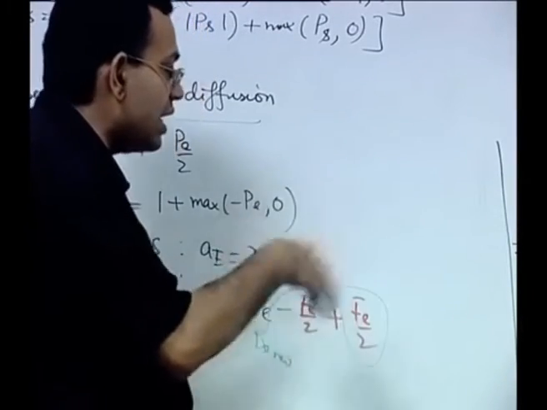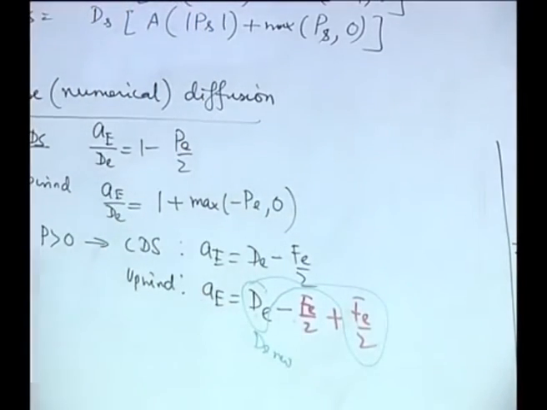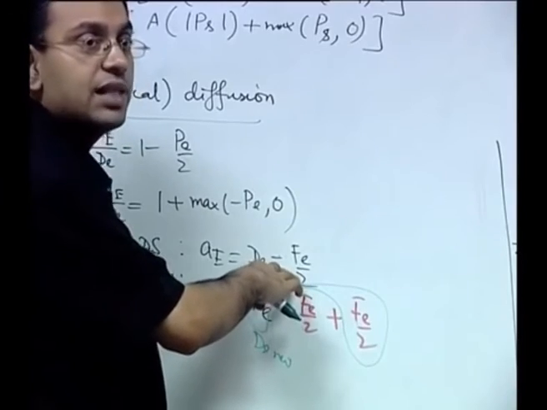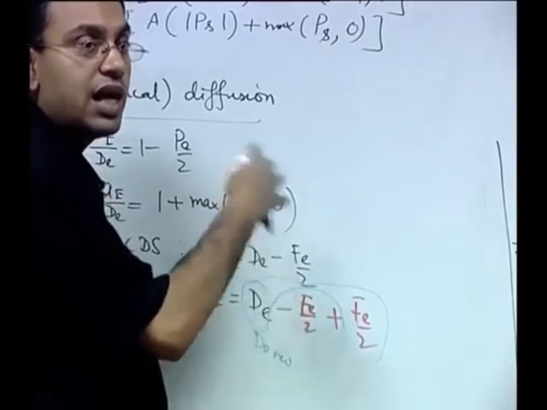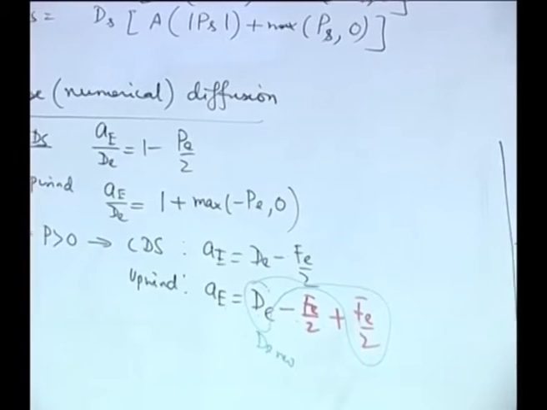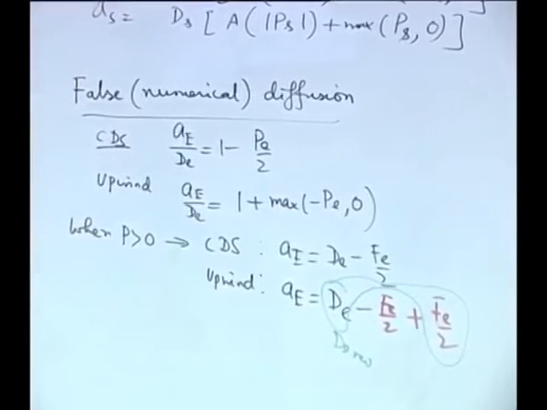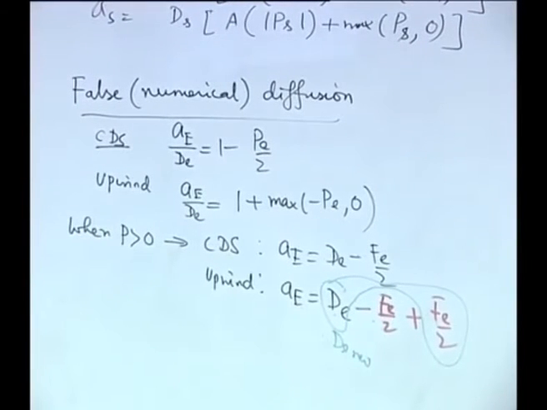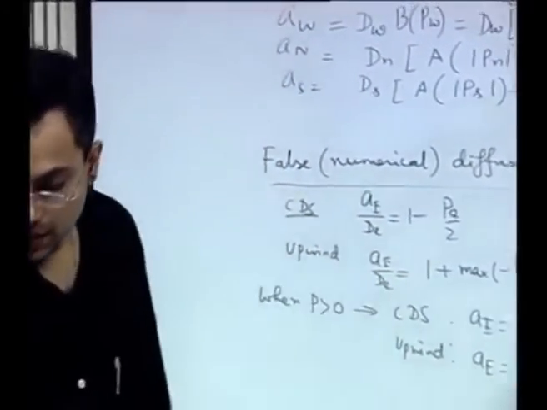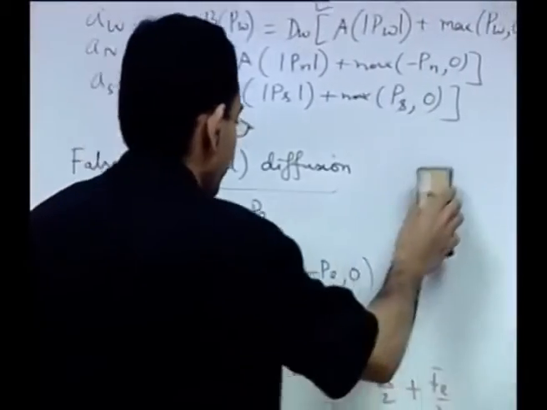We can clearly understand that this logic has a fallacy, because this logic presumes that the central differencing scheme provides a benchmark formula in which you have to cast all the convection diffusion coefficients, but the central differencing scheme has its own problem. To understand where lies the problem of false diffusion, is it just the choice of the scheme, or is it something much beyond the choice of the scheme? Let us try to consider a problem.